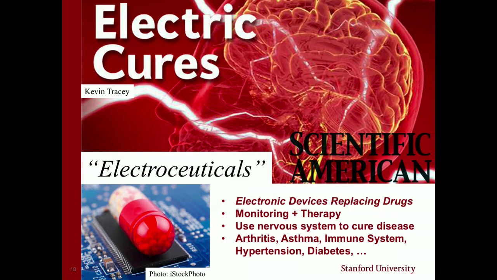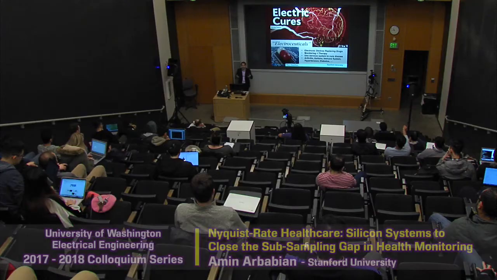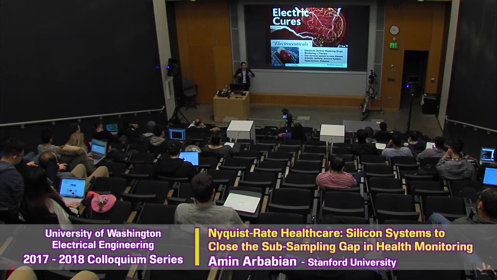And the way you do that, overriding and controlling the organ function, is you control the nerves that control the organ. So the nerves that go into the organ, you control that. You also have real-time measurements of the outcome of the function of the organ, and you put that in a closed-loop fashion. The applications of this obviously go way beyond neurological disease. We're talking about arthritis, asthma, immune system, hypertension, diabetes. None of these are neurological diseases. These are different organs in the body. So you take control by this closed-loop